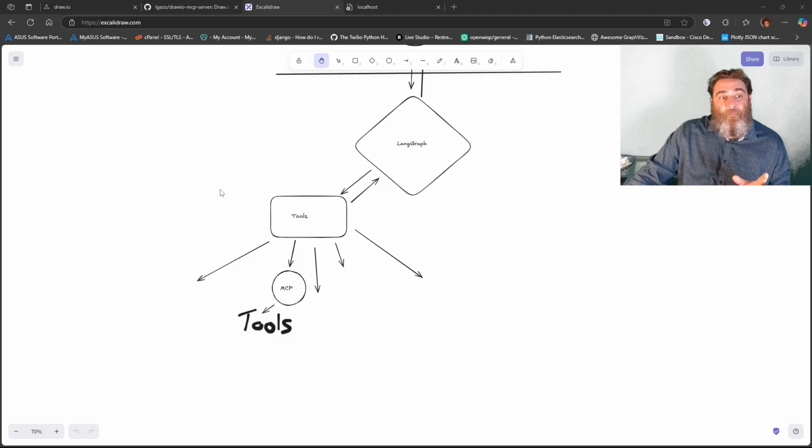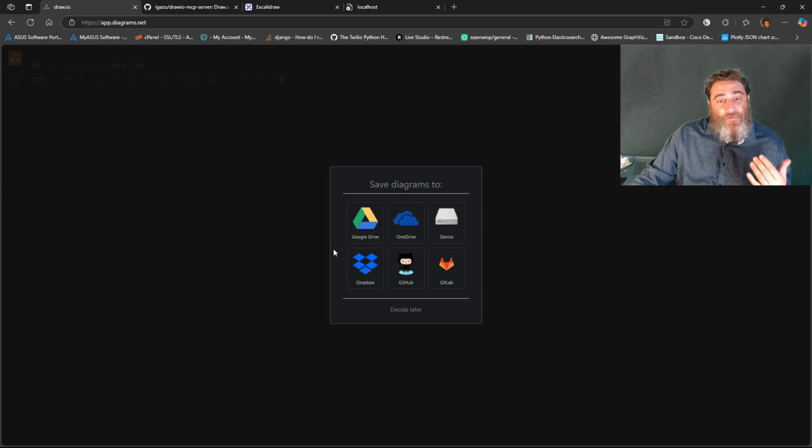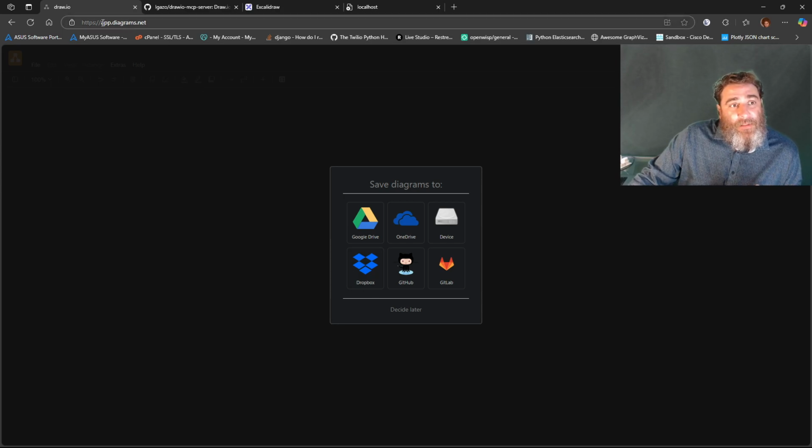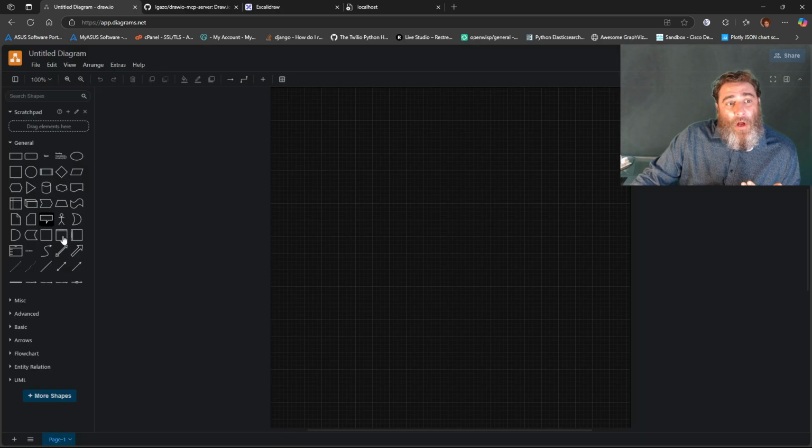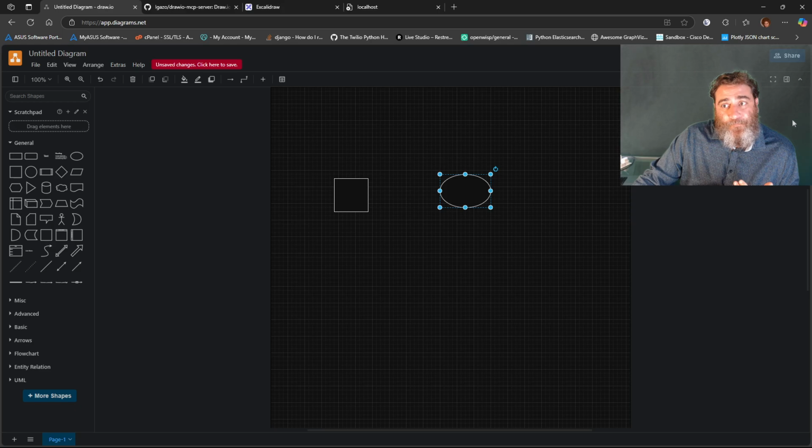So let me start sharing my screen. So before I get into drawing it, have you heard of Drawio? This is apps.diagrams.net. And we can save it where we want, and we have this visualization where we can add things like rectangles and circles and whatever. It's got all kinds of stuff here,